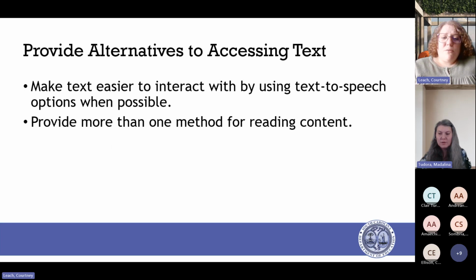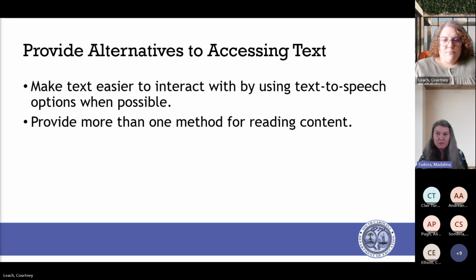All right, so when we consider vocabulary, we have to also think of different opportunities, different ways to access text. This is where assistive technology can come into play. And the benefit is that these days we have built-in options that we can use.